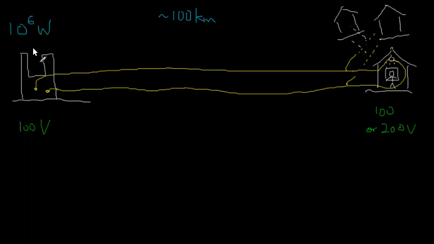Suppose that this is the amount of electric energy that the power station supplies, and it will supply many houses around our own house. So we have power, we have voltage,